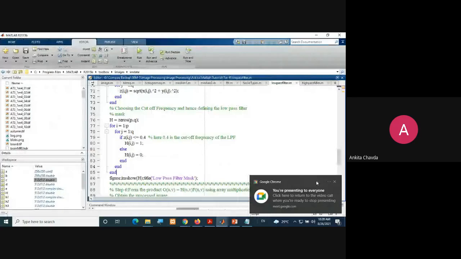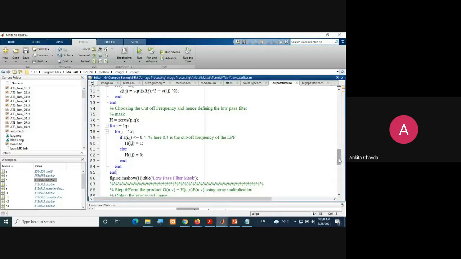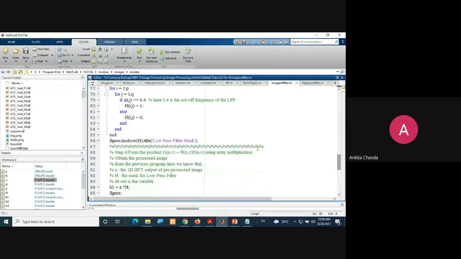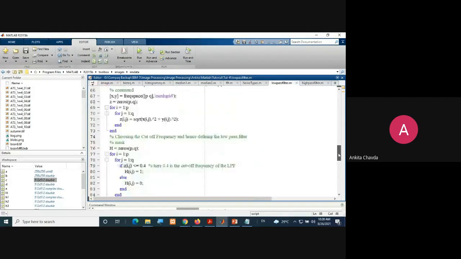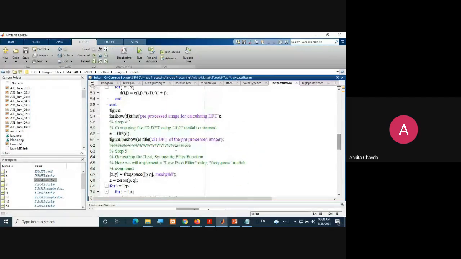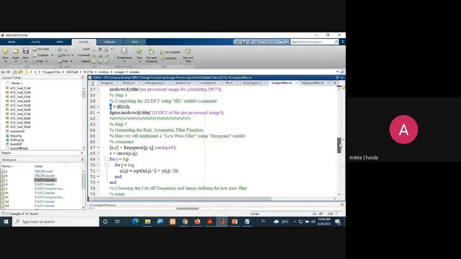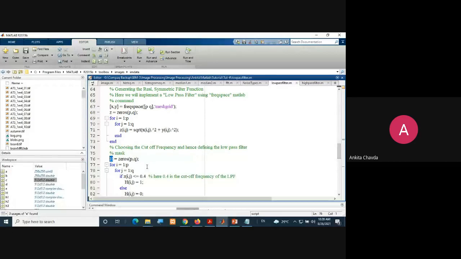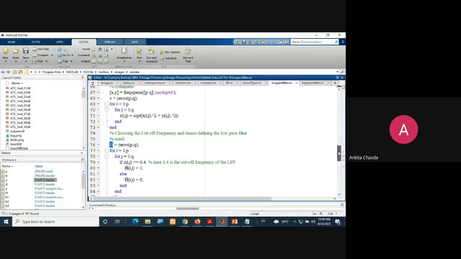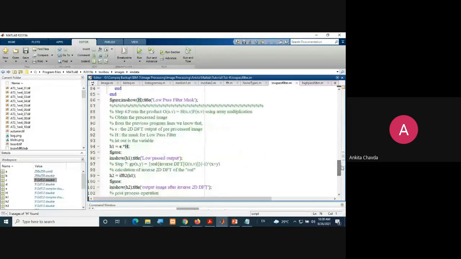So that task I'll do now because I want my G of UV. See, the next step is G of UV equals H of UV into F of UV. My image which is there in frequency domain, that is E, and my filter function, that is H. So I just need to multiply E with H, and I'll get my G of UV.